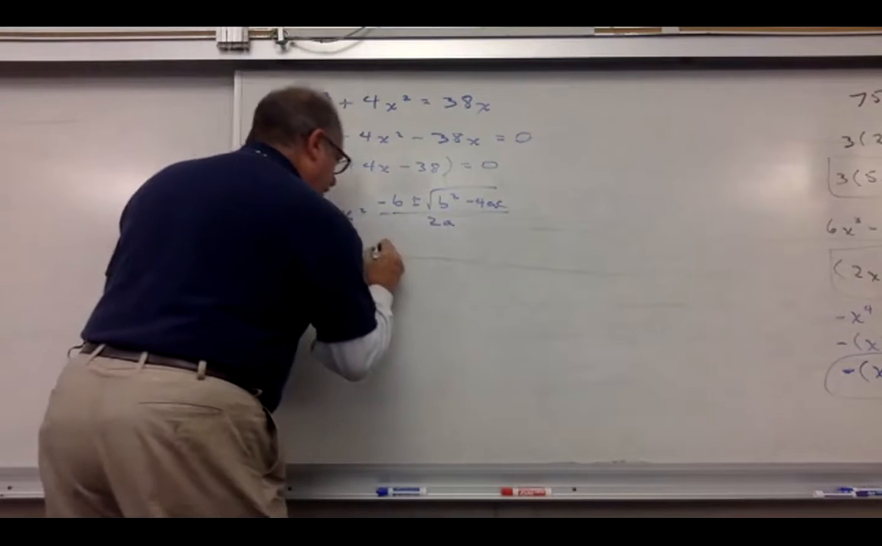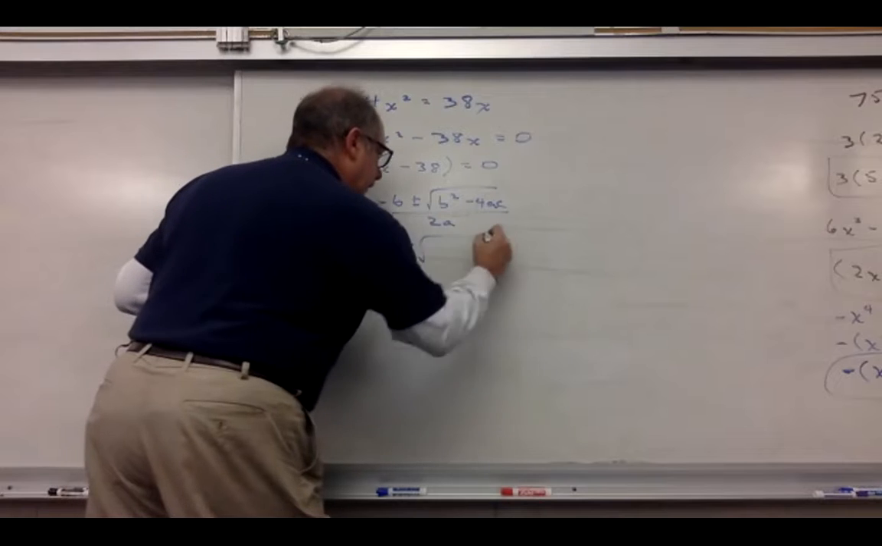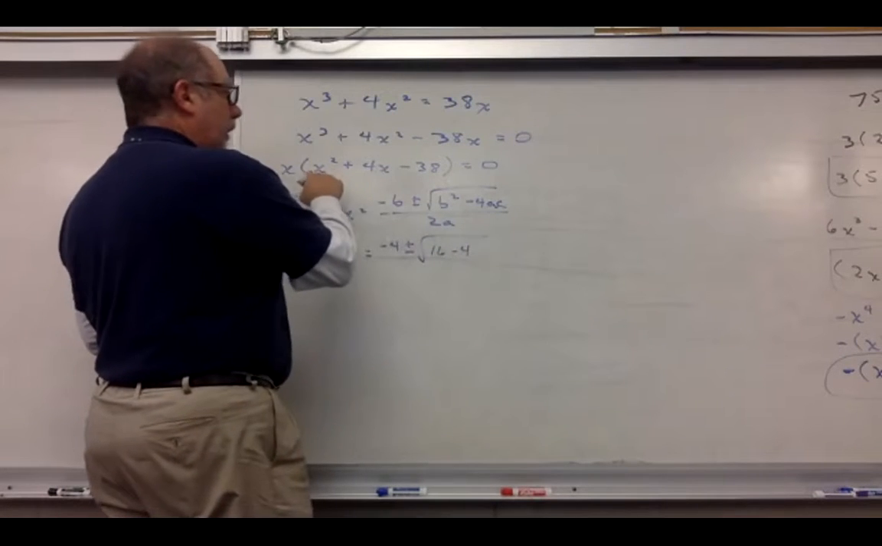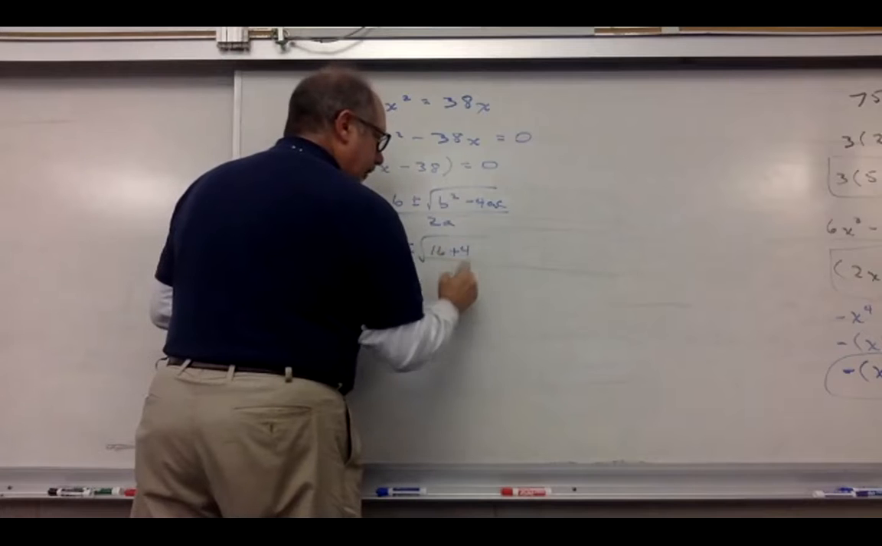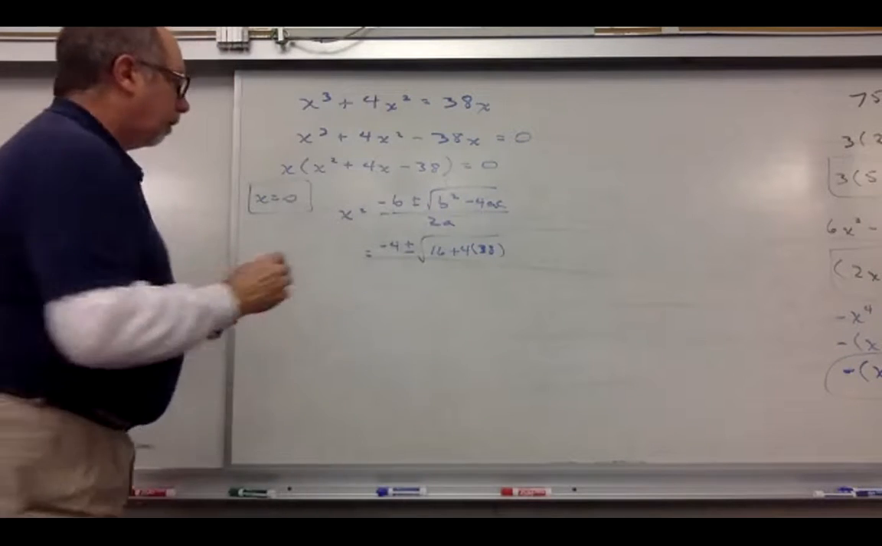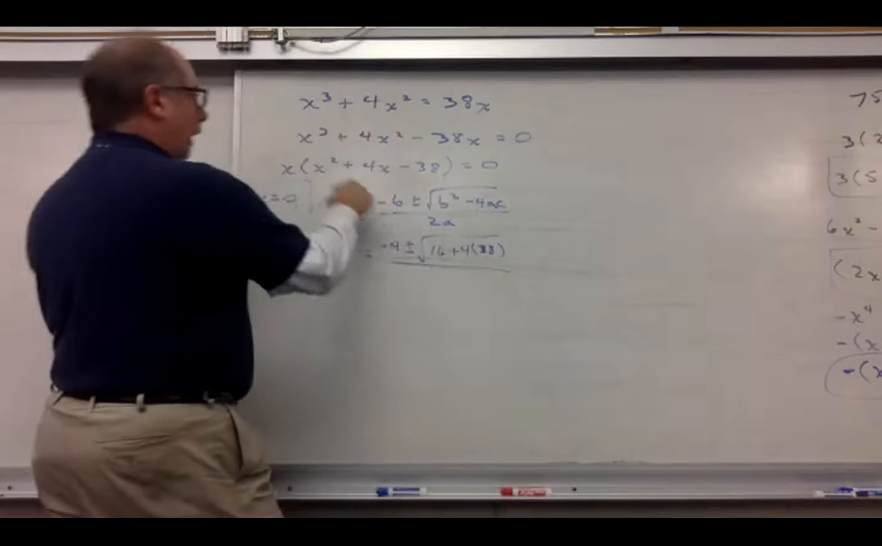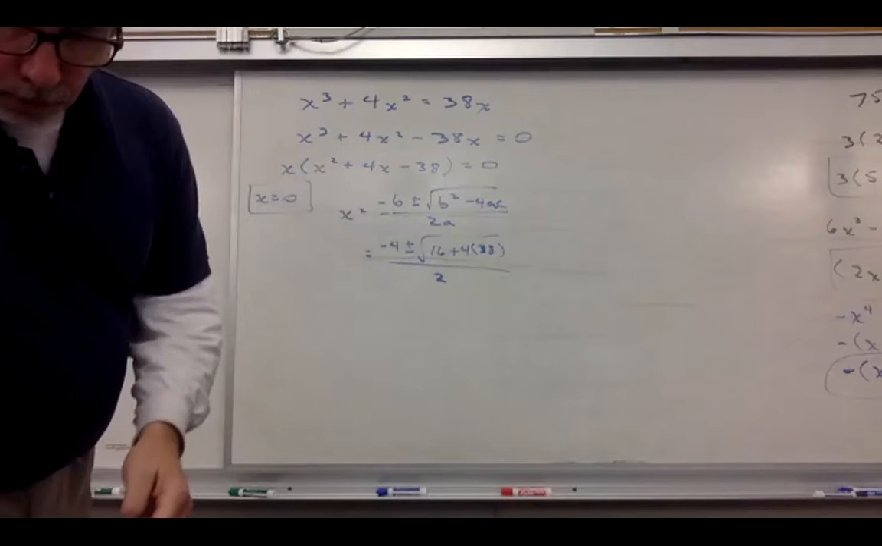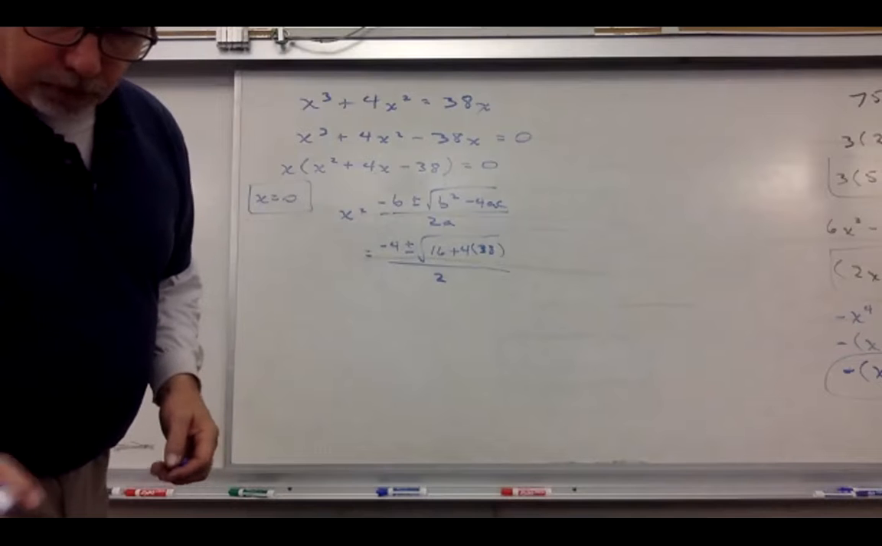B is 4, so it's negative 4 plus or minus the square root of 16 minus 4 times 1 times negative 38. So that's going to turn that into a positive, 4 times 38, all over 2a, 2 times 1, or just 2. Okay. To make a long story short,